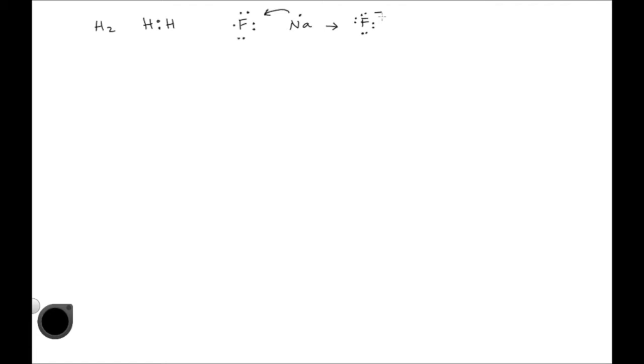Because fluorine is now so stable, it's going to have a hard time removing that electron, right? Fluorine's not going to give this electron up so easily because it's so stable now. So it wants to maintain its stability